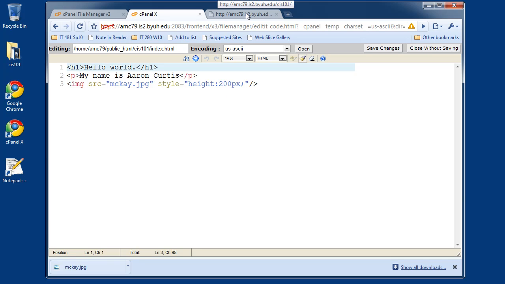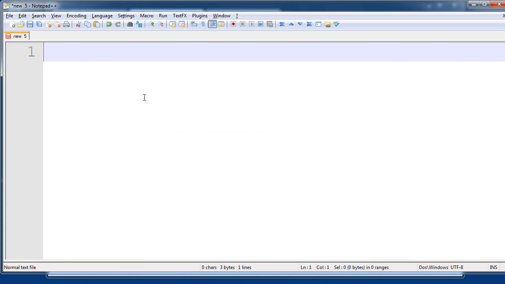Now, that's great, and as I said before, if you enroll in IT 240, you can learn a lot more about how to create web pages using static text like this. But what we're interested in is actually using Perl to generate this kind of code for us depending on the output of the program. So the first thing we need to do is we're going to open up Notepad++, and